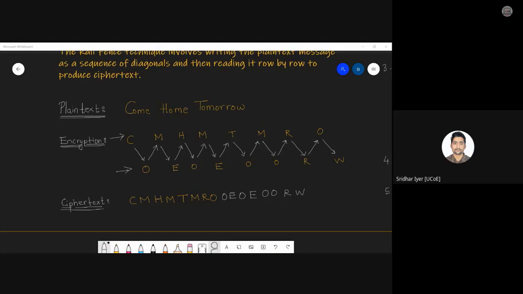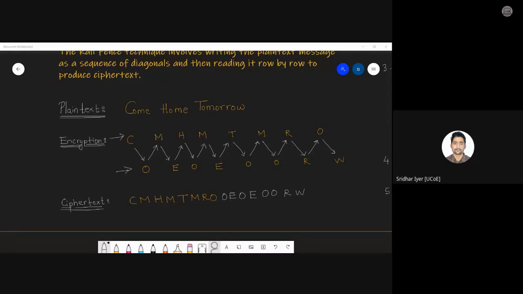Just assume that you have a ciphertext. What is the very first thing? We need to calculate the length of that ciphertext first. Yes or no? Because we need to divide it into two parts, right? So we need to find the midpoint, as Harsh is mentioning. As Rishabh is also saying, we need to find the middle alphabet. So first of all we calculate the length of the ciphertext that we have got. In this case, the length is 16, I guess. So we know that the middle will be 8. That is 8 and 8. Two rows will be formed.